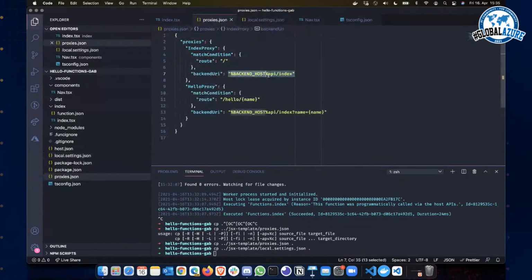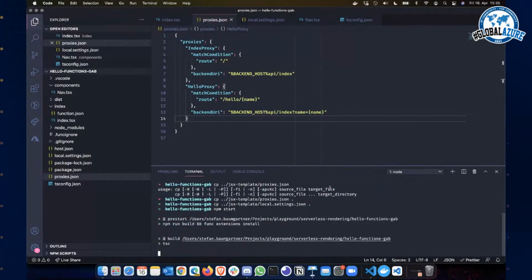And I say, okay, forward it to API index. I also create the route /hello/name. This is also a placeholder, and I forward it to /API index, name is name. So that's the same route, but with an argument. And if I run it again, npm start, and this is nice,